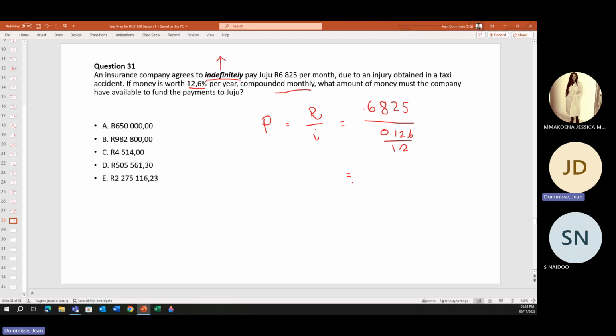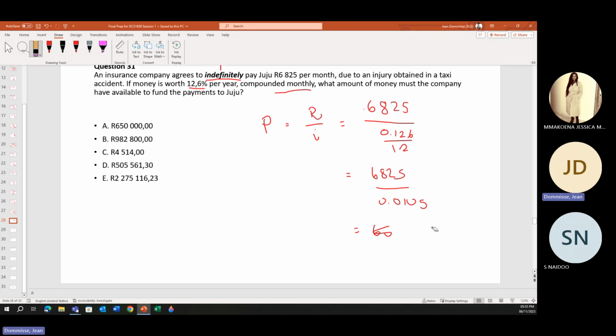So it will be 0.126 divided by 12, which is 0.0105. So when we say 6,825 divided by that, we will get a total of